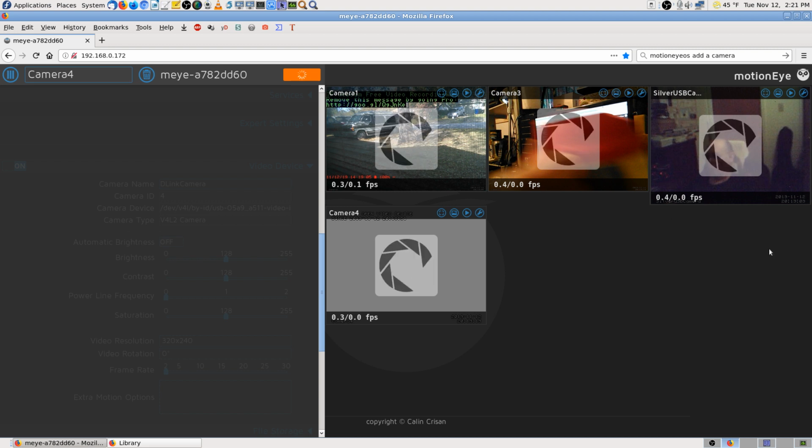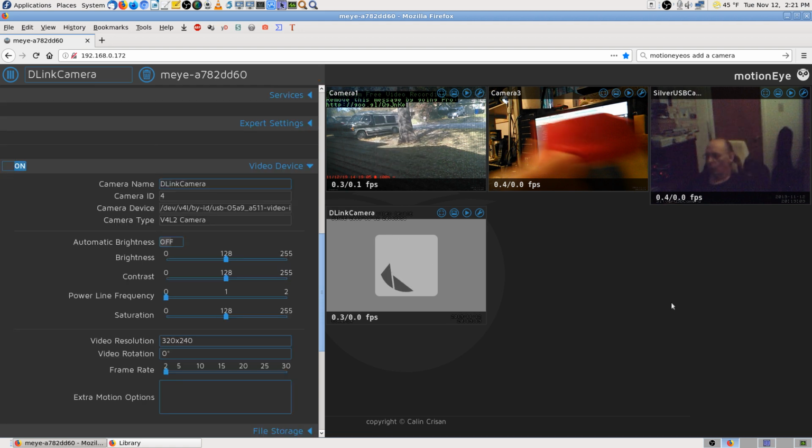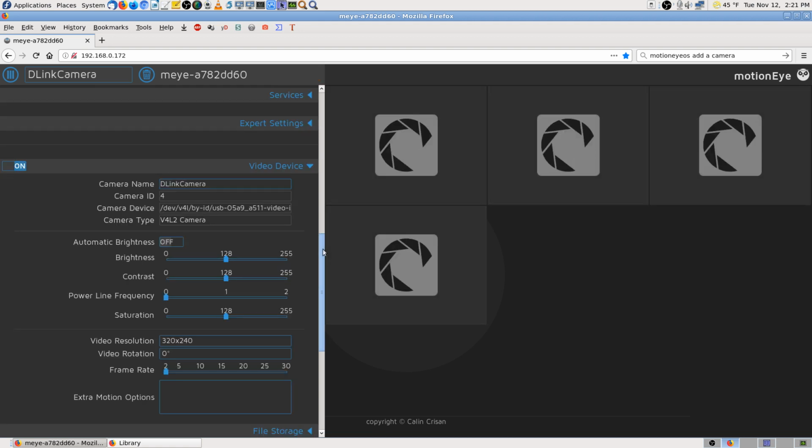So I don't think that having them both plugged in would cause one to work and one not to work. But in a minute, I'll unplug the one that's working, since it's not really doing anything. I want to look over the settings here for a minute. I might have to delete it and add it again,